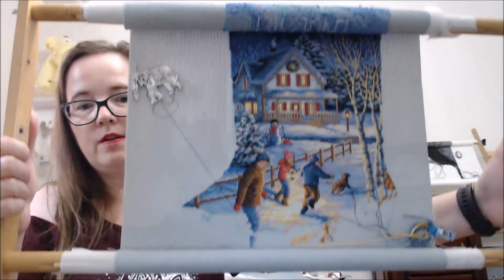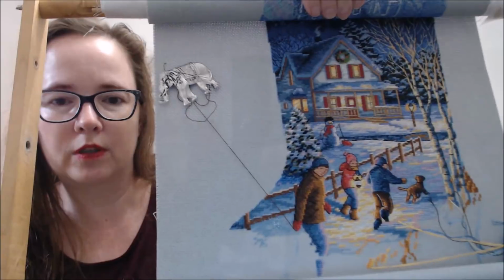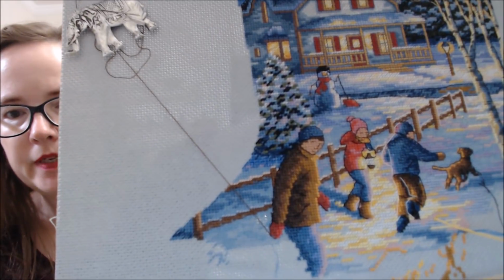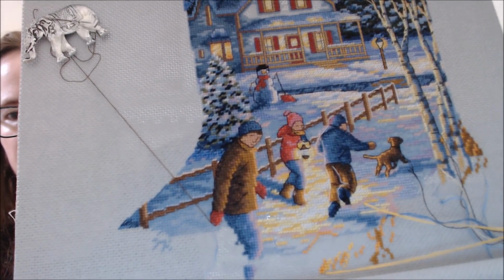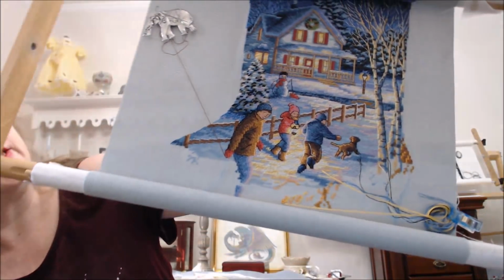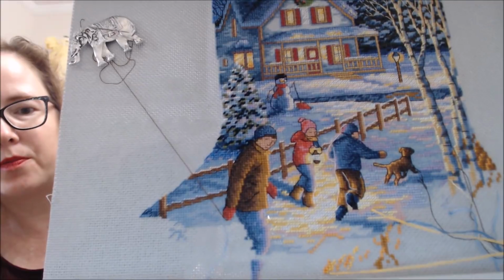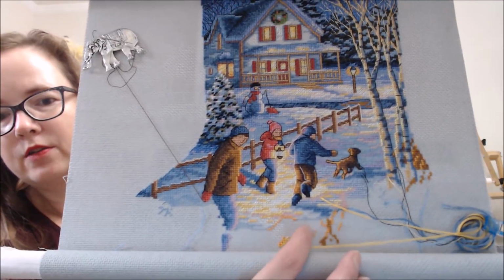And here is where we are. I backstitch as I go, especially on the more complex patterns, because that's a lot to leave to the end. And as you can see, the dog is finished, the boy is finished, the girl is mostly finished. I think there's a little bit of backstitching on her, and the dad is about 3/4 of the way done. And down here is where the other dog is going to be,